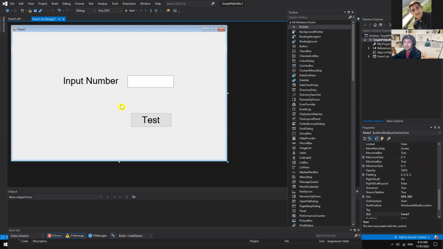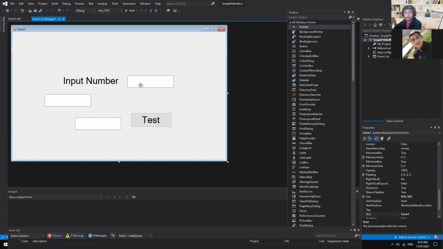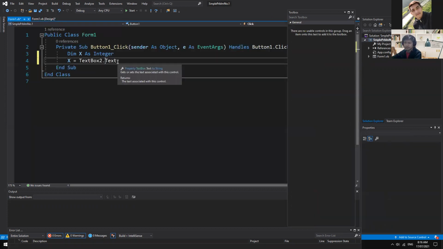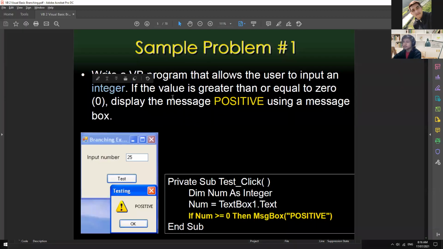Because there are some cases wherein we put so many text boxes but we only need two. With that we are now assuming that it's TextBox1 and 2, but it is not. So you have to double check what is the real name of that text box, or that specific component. In here we have TextBox2, TextBox3, and then TextBox4. Of course, I'll only use one, so I just put here TextBox2.Text. So next thing,